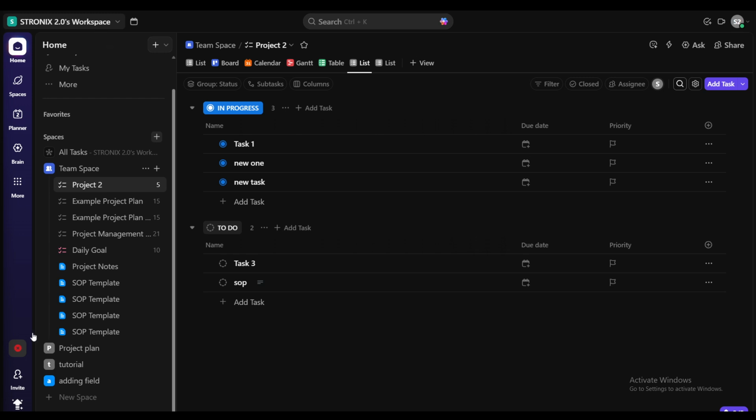First, head over to your ClickUp dashboard and log into your account. Once you're there, you'll find a range of projects displayed on your main screen. Choose any project that you'd like to work with for this demonstration. Remember, the beauty of ClickUp is in its versatility, so feel free to select any project as this can be